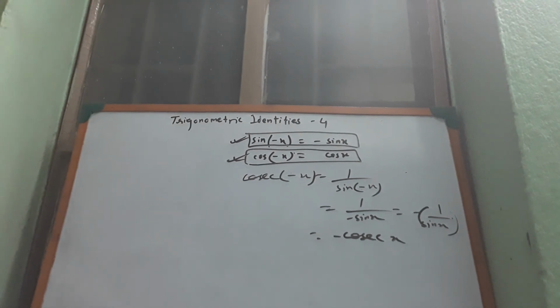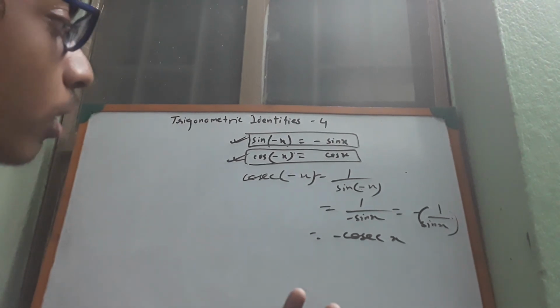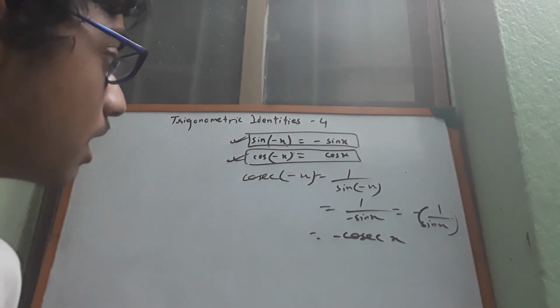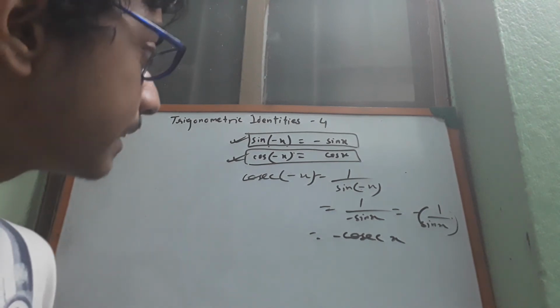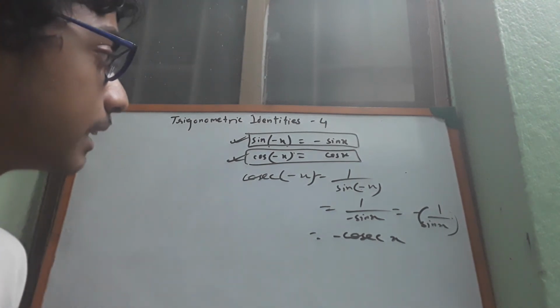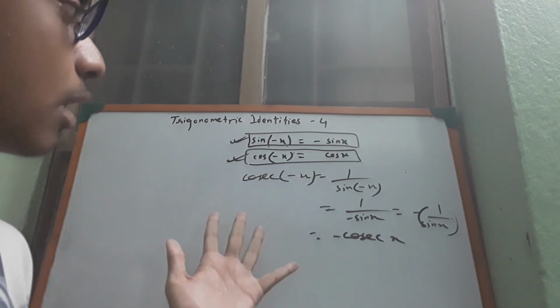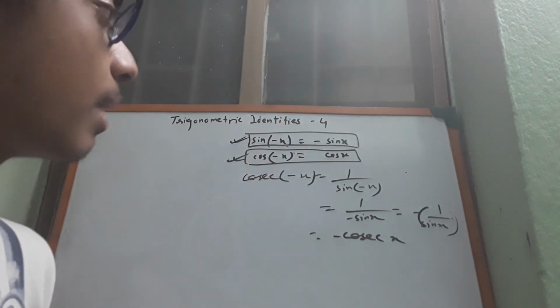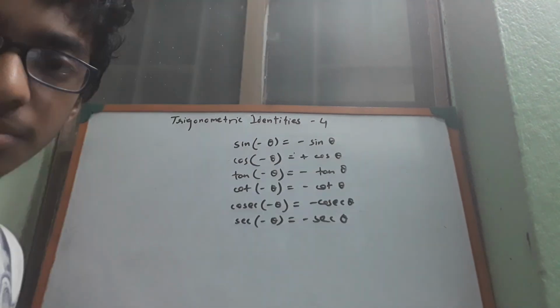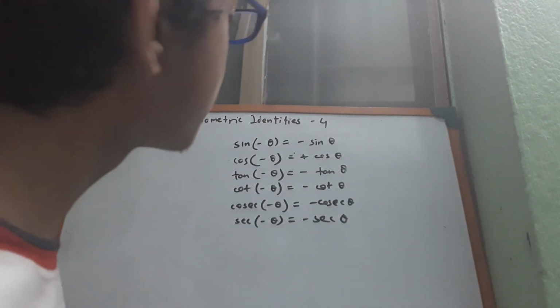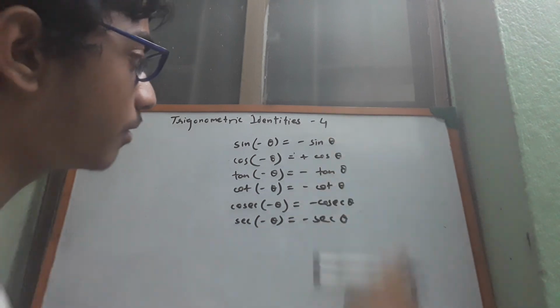Right? So we have only two exceptions, only in case of cos x and its reciprocal, which is just sec x. Only in those two cases, even if you have a minus something, our answer will just remain positive, just remain as it is. In all the other cases, sin of minus x, tan of minus x, whatever, it will just give us minus sin x or minus tan x respectively. So yeah, just for a quick recap, that's all we have derived in this video.